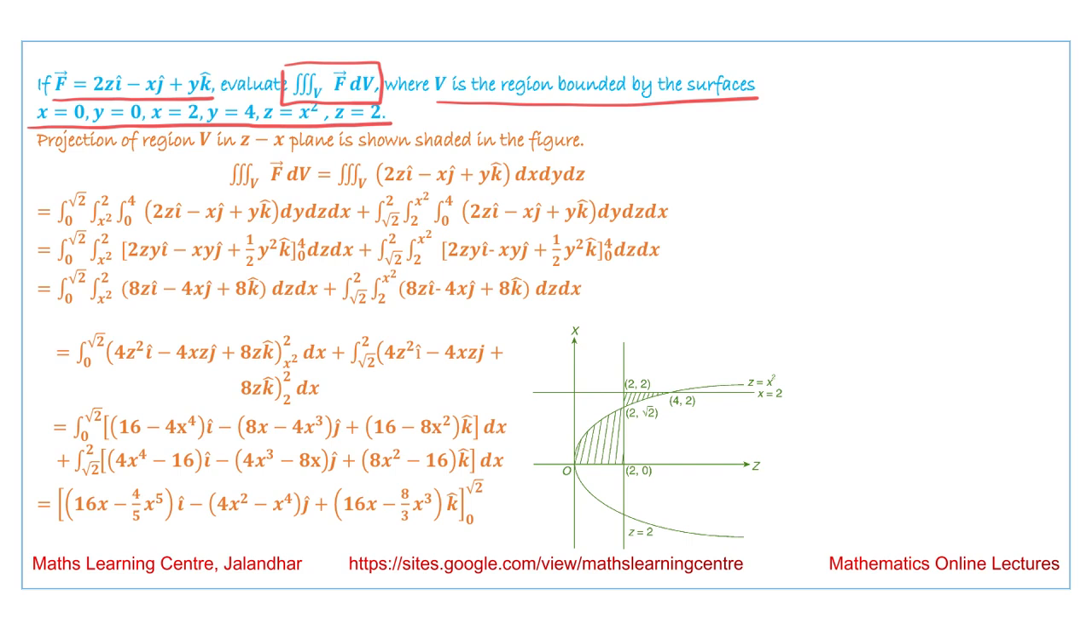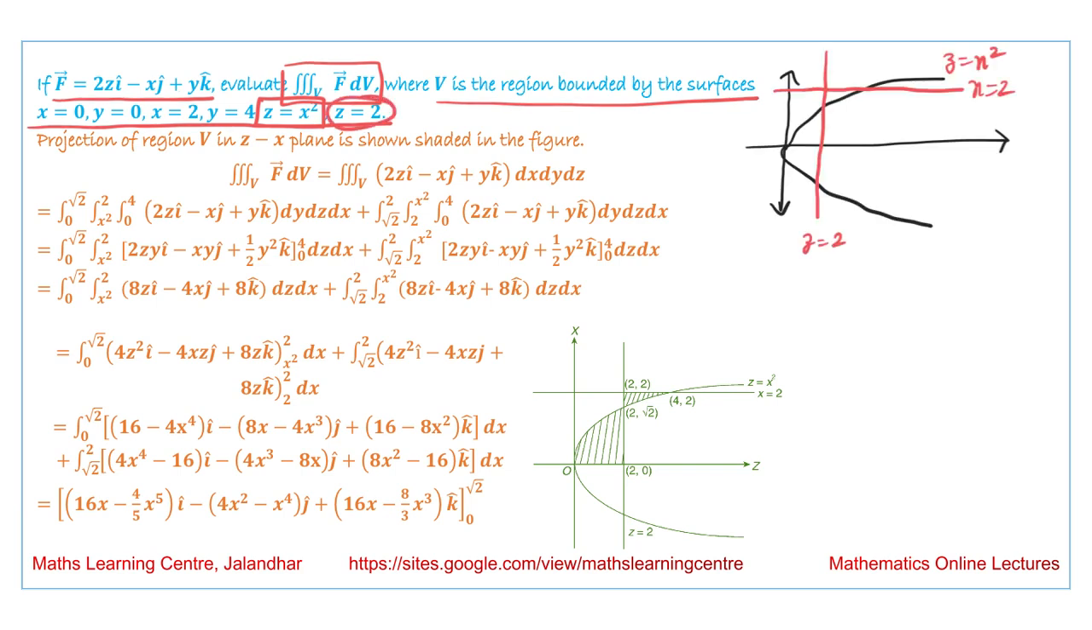These are the surfaces that we have. This is z is equal to x square, so this is basically a parabolic cylinder and it is bounded by these planes. Now if we plot these curves, we have taken the projection of these curves in the zx plane. This is the z axis, this is the x axis, and this is the parabola that we have in the